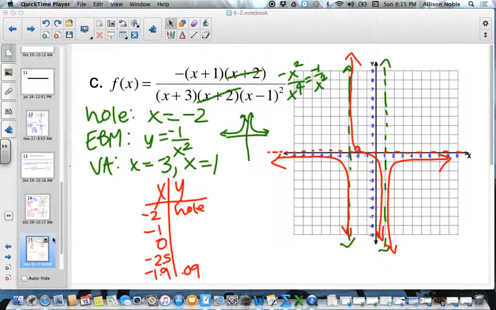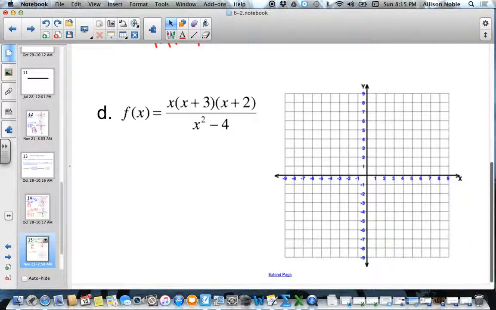Okay, so we finished that one and we're going on to the second to last one. So, kind of going to check it the same way. Look for our end behavior models, our holes, our graph, and vertical asymptotes. So, if we factor our denominator, so we have x plus 2, x minus 2, we can see we're going